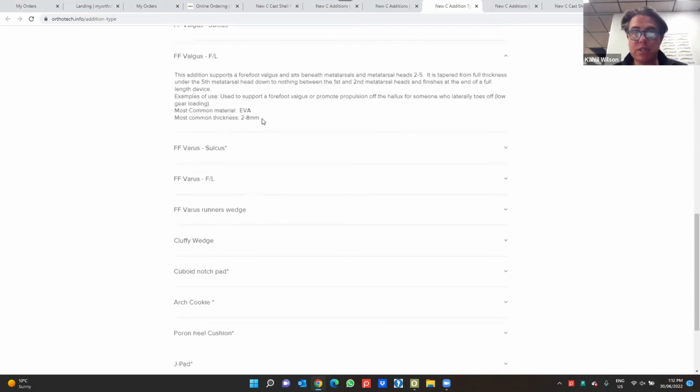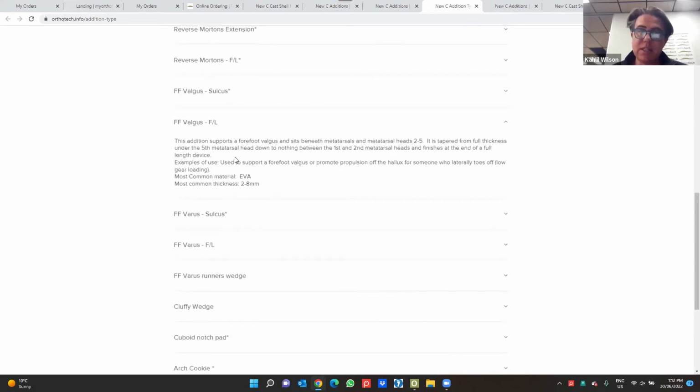Again, forefoot valgus to full length is exactly the same. Similar to the reverse Morton's, we'll taper it into the toe box, and it's just a longer control. Which I think sometimes works well if you're trying to control a forefoot valgus or a low gear loading where somebody's propelling off their third, fourth, fifth met head as opposed to their first. Then if you can get that longer lever and further into the toe box, then you're controlling that movement more